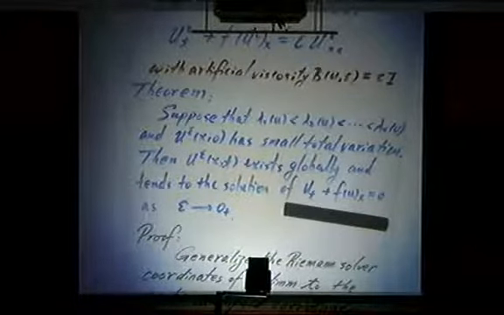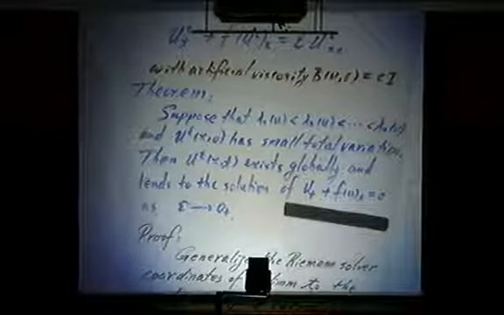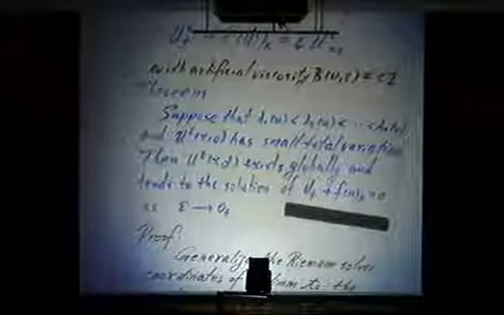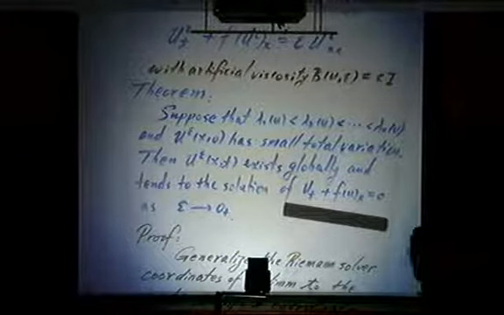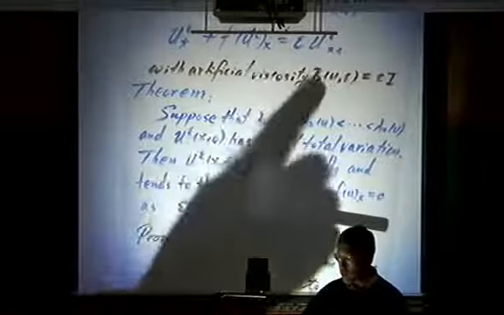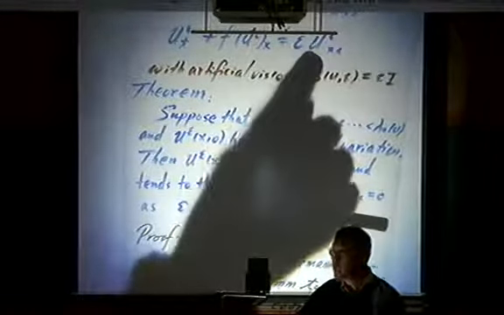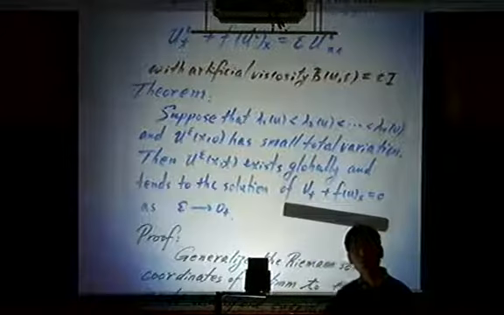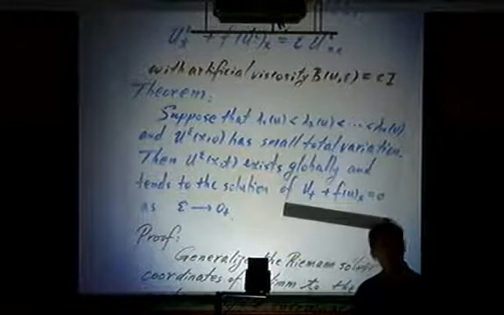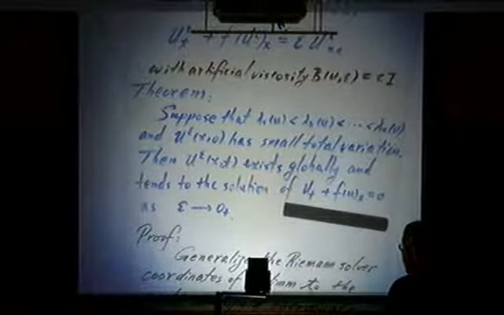Now, this is a difficult theorem when you realize that for the hyperbolic conservation law the solution has a shock wave, it's not continuous. So this process is very singular. You cannot just say that as epsilon goes to 0, it goes to 0, because U epsilon sub x will go to infinity at the shock wave. So this number actually does not go to 0. It goes to 0 only almost everywhere. And where it does not go to 0, it's a shock wave and encodes the entropy condition.